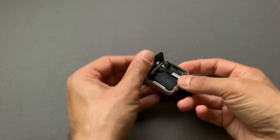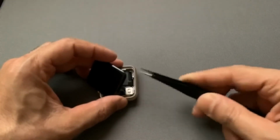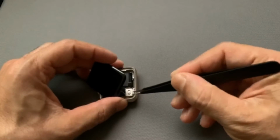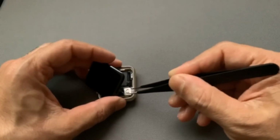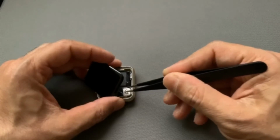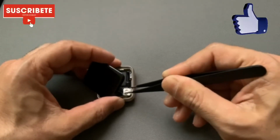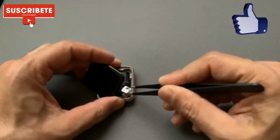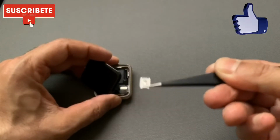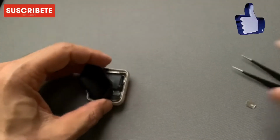So let's see. You'll need to remove this little clip right here. It's just kind of like a snap-on, same thing. So I'm using the tweezer that came with it. Okay, there you go. So it just comes right off. Here it is. And then all you have to do is